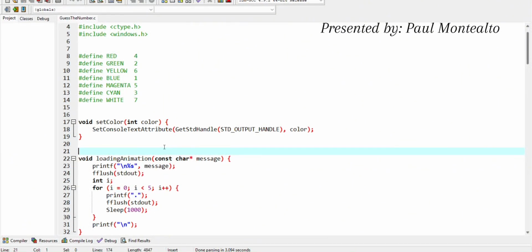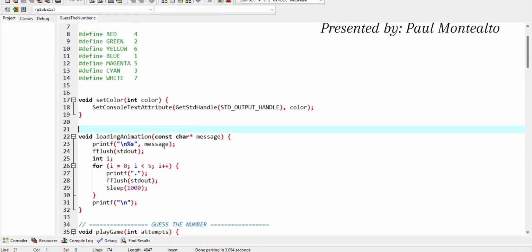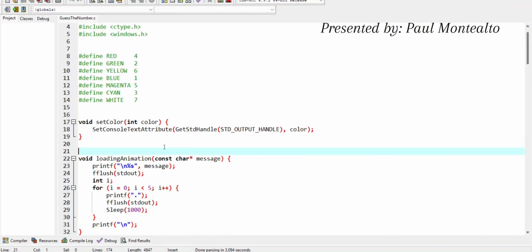We also define color numbers such as red equals 4, green equals 2, and so on. The purpose of this is to make the menu and messages easier to read and more interactive. Each part of the program uses a different color to show warnings, prompts, and results.